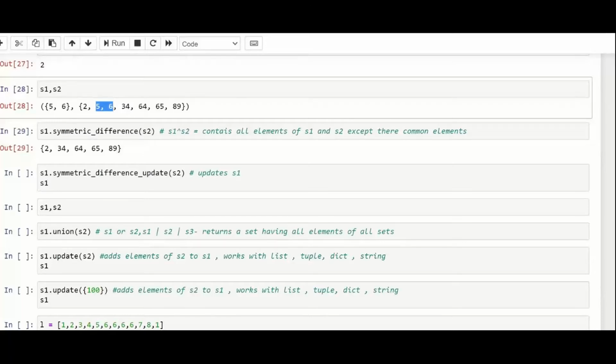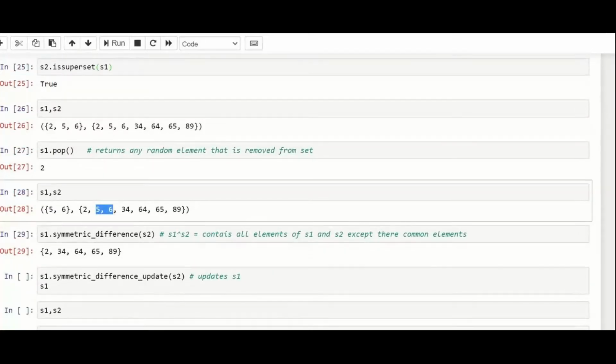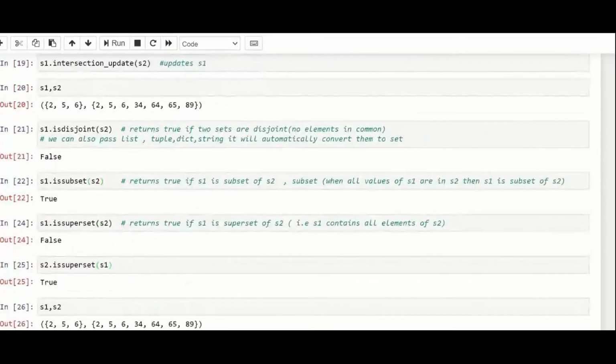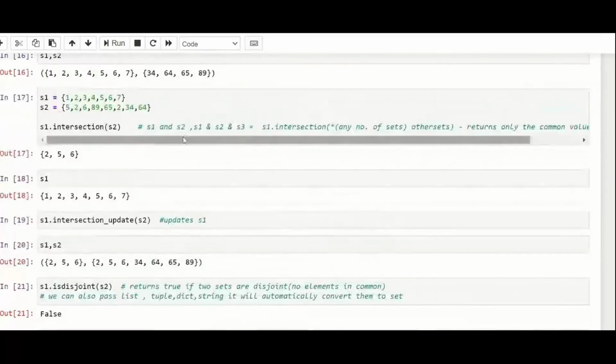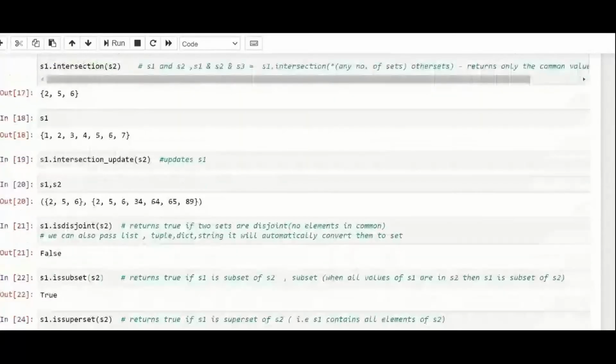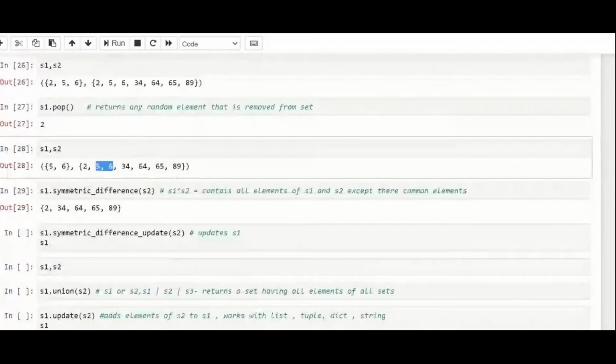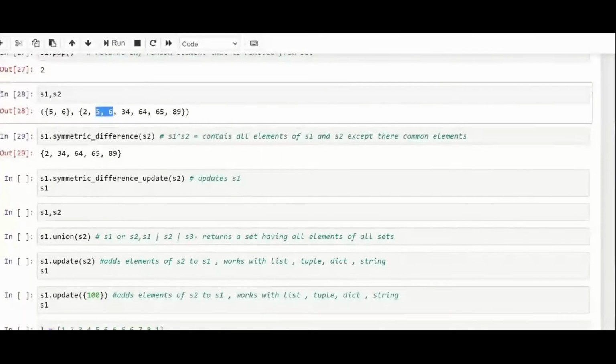The symmetric difference gives you the uncommon elements, the elements which are not common between S1 and S2.